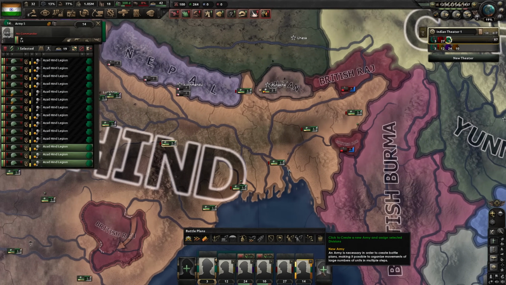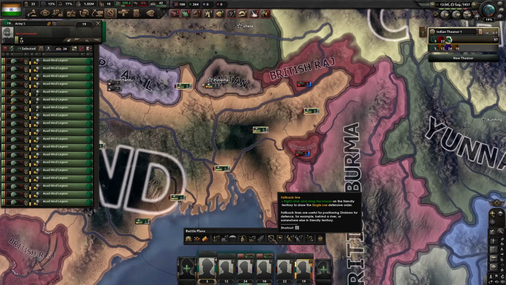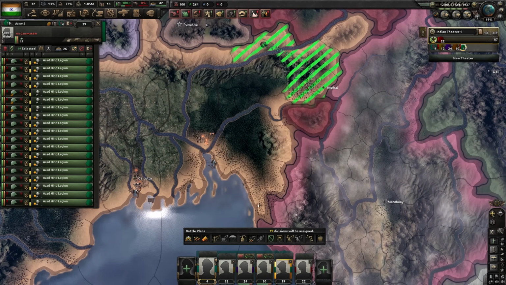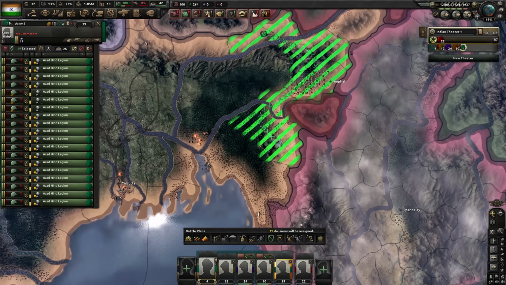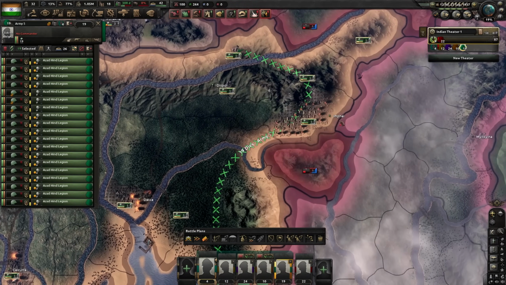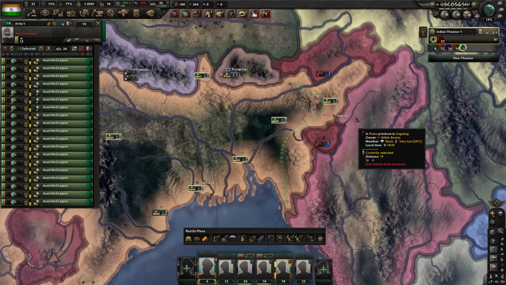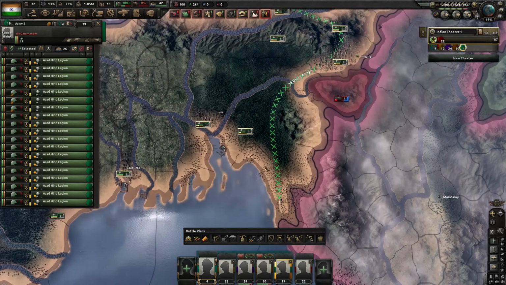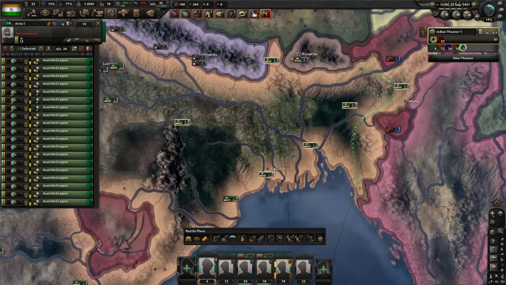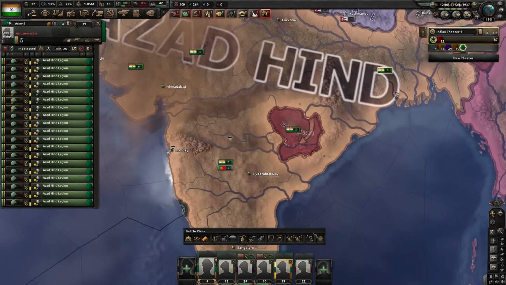Now ideally we want a bit more. So something like 19 divisions, that should be fine. And we can set them on a fallback line in here. Now, it doesn't matter too much where you deploy them exactly. The important thing would be not to lose this victory point. We don't want to give any victory points to India, so protecting victory points is the only important thing. They shouldn't be able to push in here because we will defend and defeat actually India too fast for them